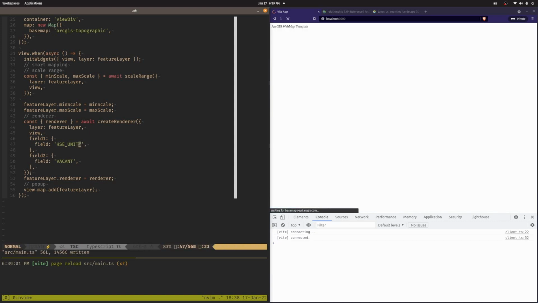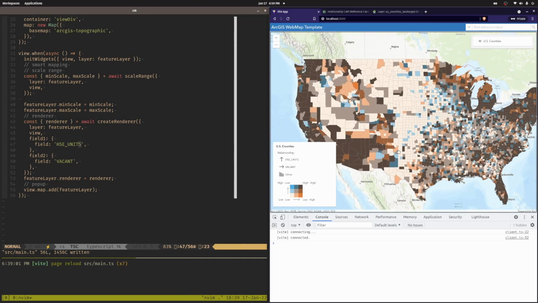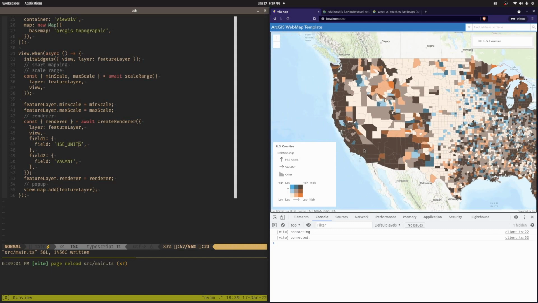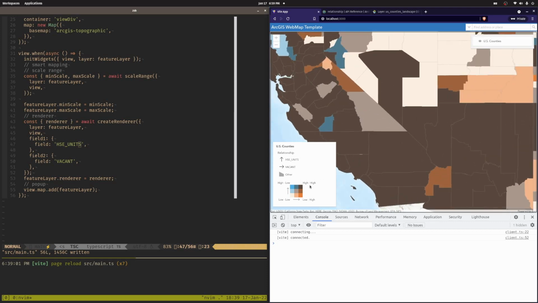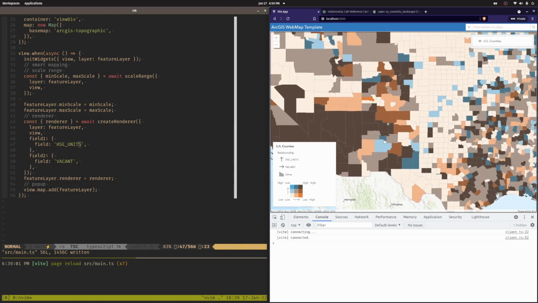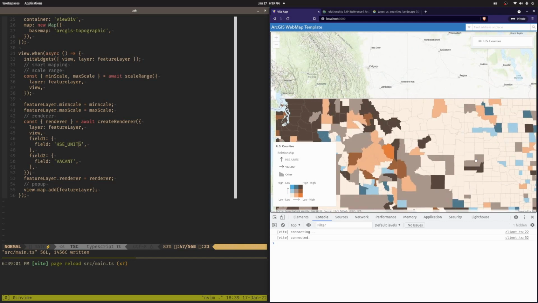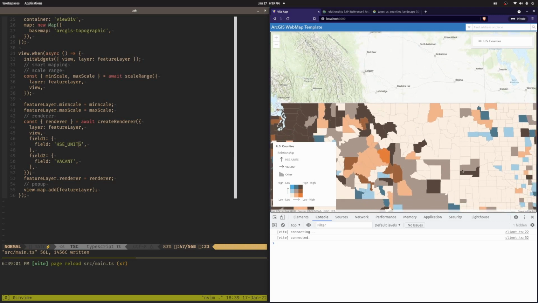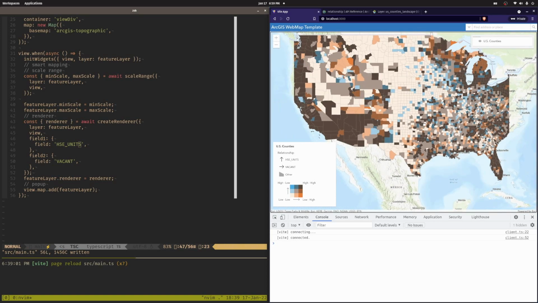Units. There we go. Okay, now if I zoom in, there we go. Yeah, it's even reflected back in my legend for me here. So in LA County, we have a high relationship between number of vacant units and housing units. But down over here, well, there's all the other places. Look at all these places here. We've got a low relationship between housing units and vacant units. So I don't know how much of a story that tells, but I think it is really interesting here looking